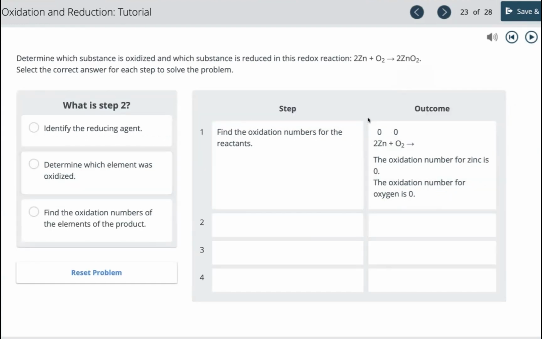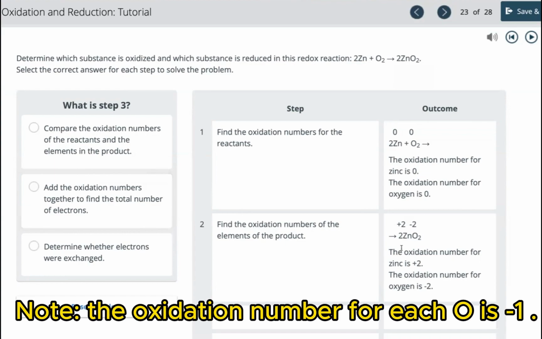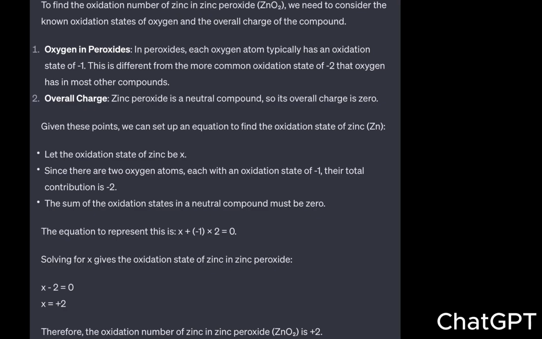Okay, step 1, find the oxidation number for the reactants. Find the oxidation number of the elements of the product. So because O2 is -2,